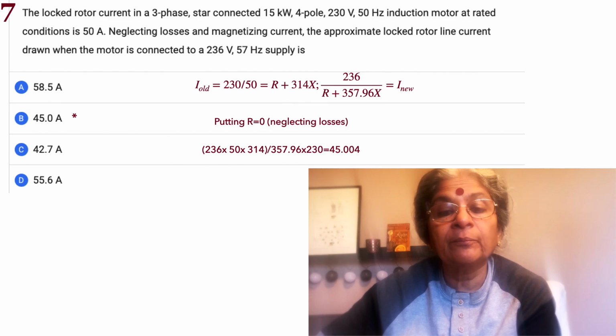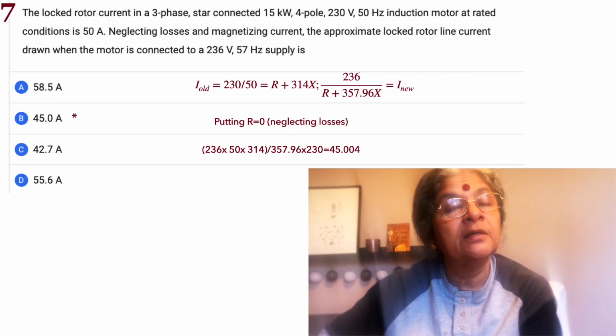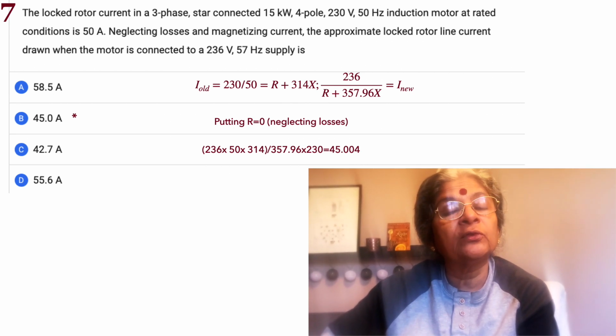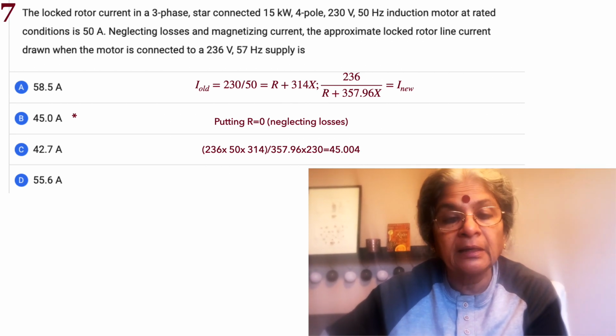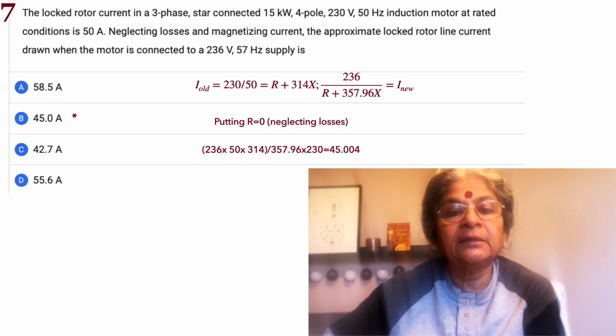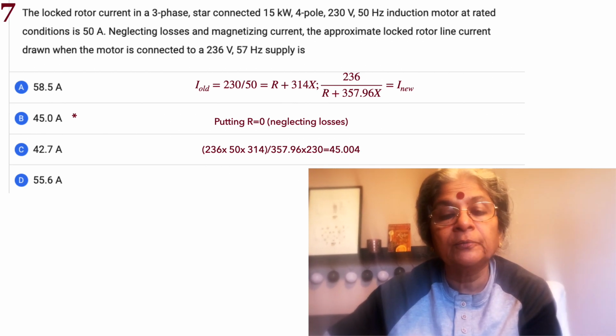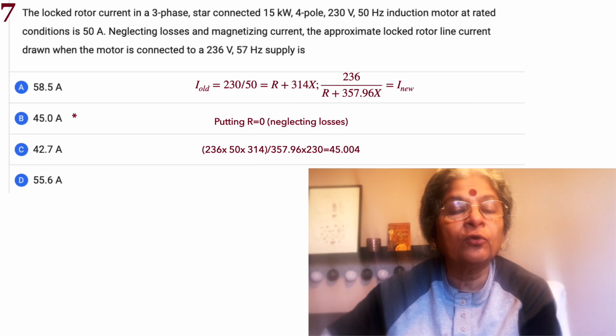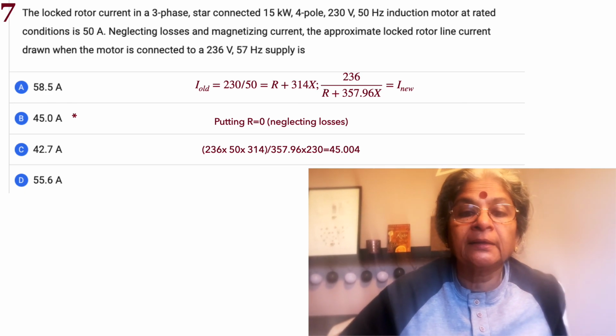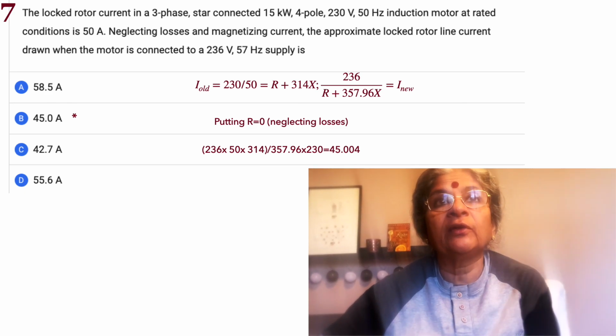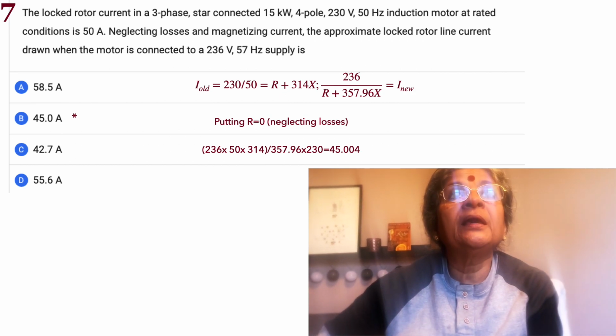357.96. Why 357.96? Because that is going to be omega for the second condition, 57 hertz, into L. That gives you the new current. Okay, so now just take the ratios. You'll see, put R equal to 0. You can see that the current has now reduced to 45.004, or 45 ampere, is going to be the correct answer. The only change that we have to put here is that omega L is